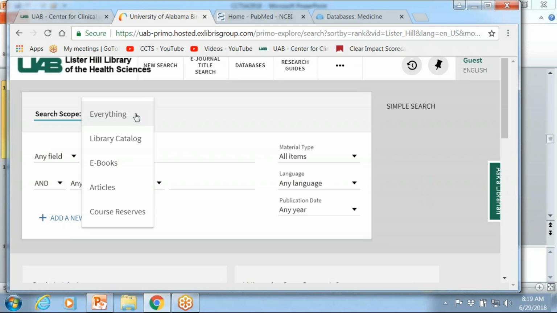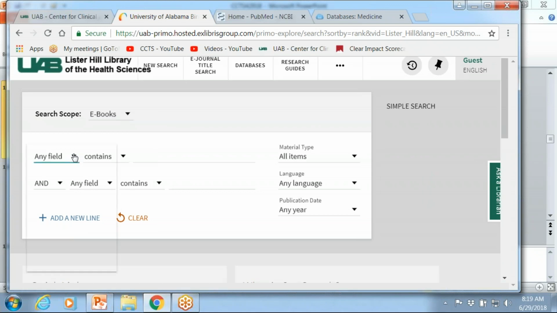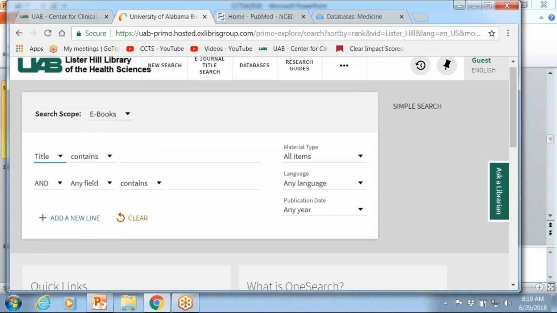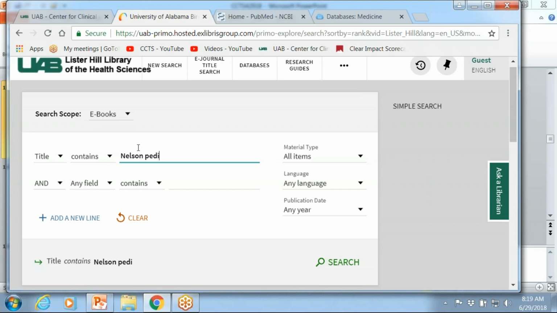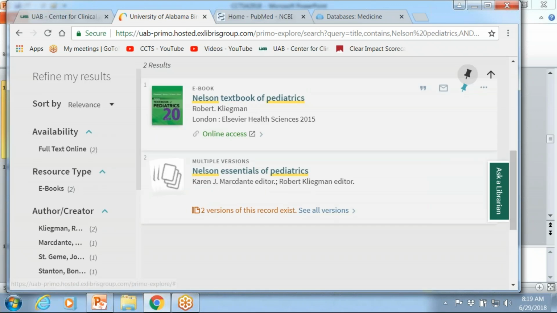Say I'm looking just for an ebook. I can click on that, go into the first field and choose title. I'm going to look for Nelson Pediatrics. I want an ebook that's Nelson Pediatrics. So I can do a search, and there it is.